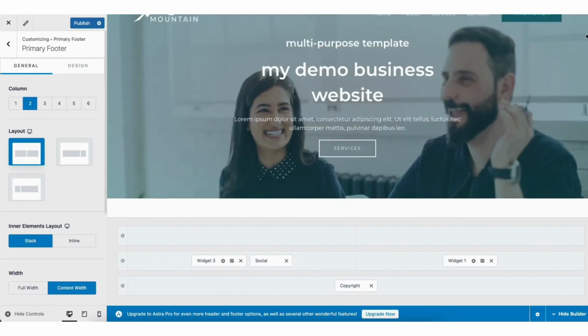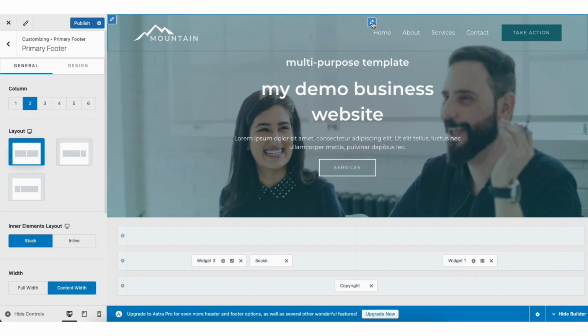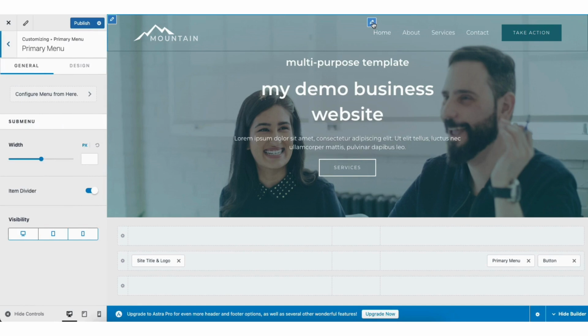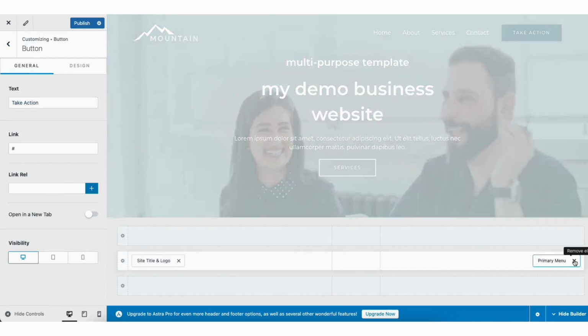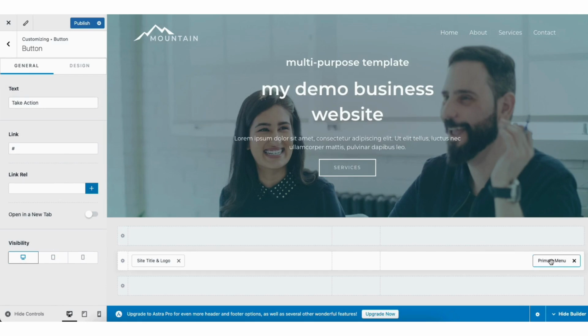Scroll up to the header area of your site. If you click into the header area of your site, you can make edits by clicking into something where you see the pencil icon. For example, to edit the button, I'll hover over it and click the button to make changes. You can click the X button where you see button to remove the button from showing. In this section, you can move things around to change the look of the menu area to get it how you like it.